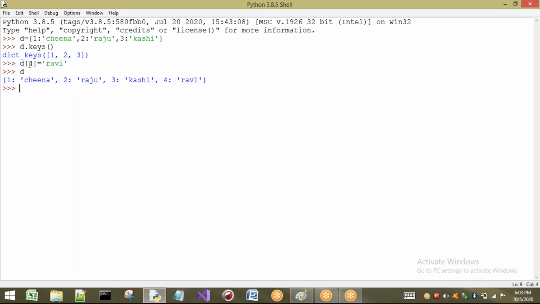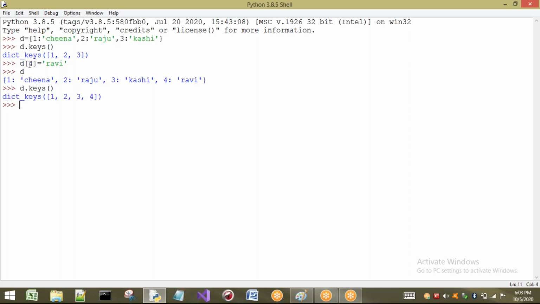Now I want to get the key of the newly added element also. I just have to do the same thing, d dot keys. It is going to give me all the keys once again. So in this way we can retrieve the keys from the dictionary.